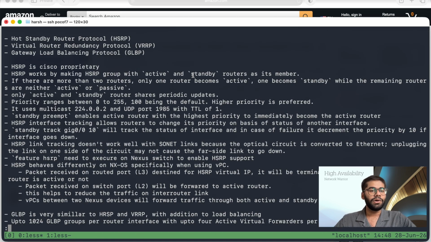Okay. So today the topic for the day is high availability, and in order to facilitate high availability, we use two or three protocols, which are HSRP, VRRP, and GLBP. We will have a look at what they are and what things you need to keep in mind in order to implement them. So starting with HSRP, which stands for Hot Standby Router Protocol, it is a Cisco proprietary protocol,